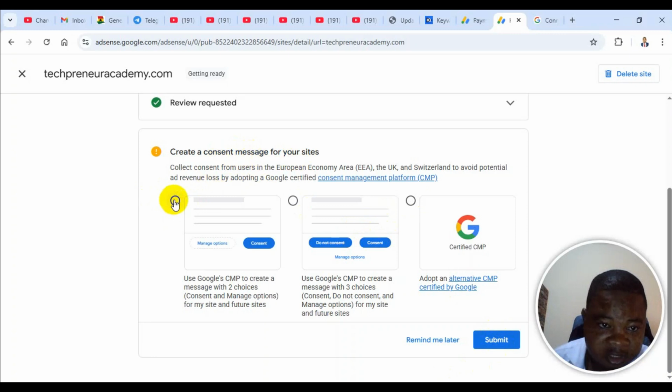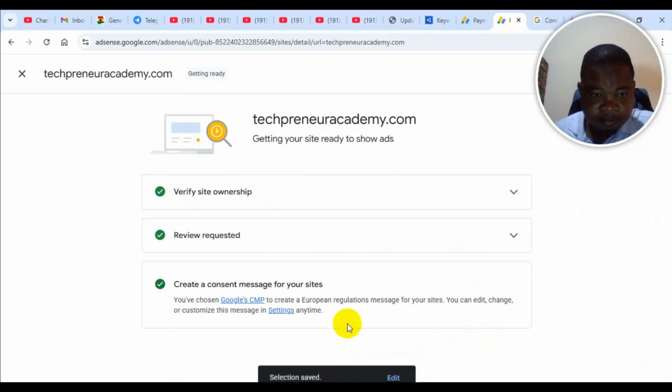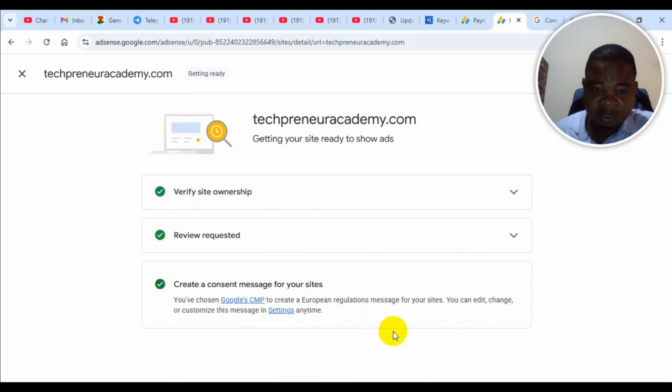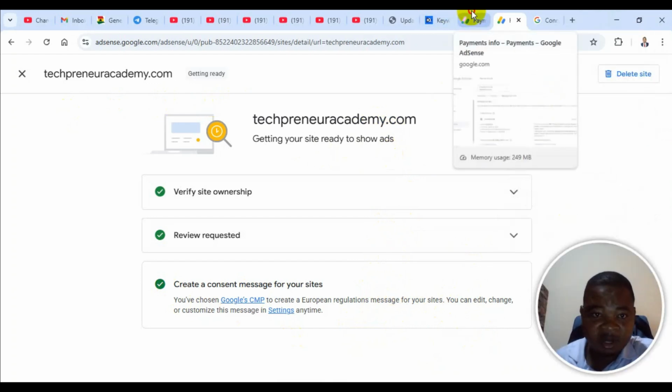So I'm going to select this one, then click on submit. So this particular part, you can change the settings at any time. Now that you have submitted your blog for AdSense, you can come back